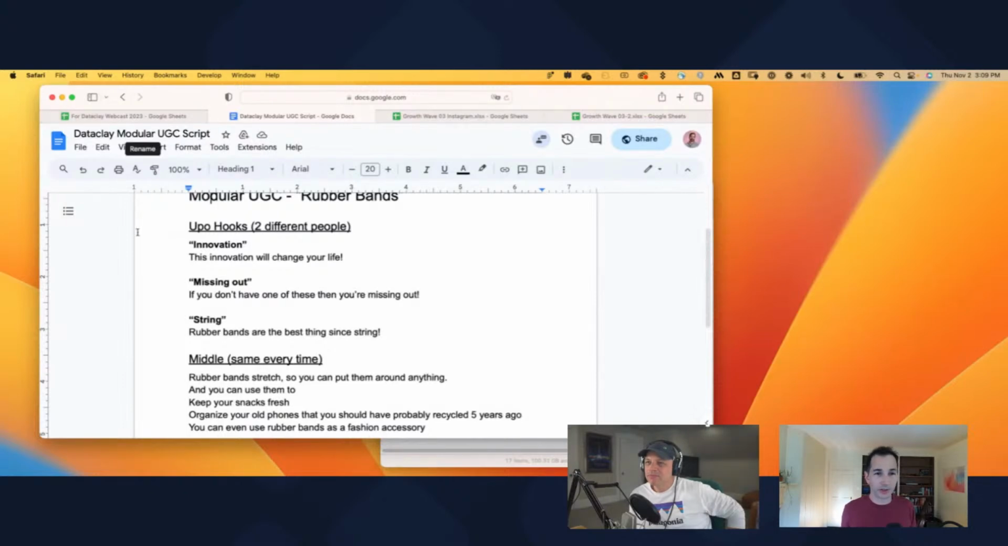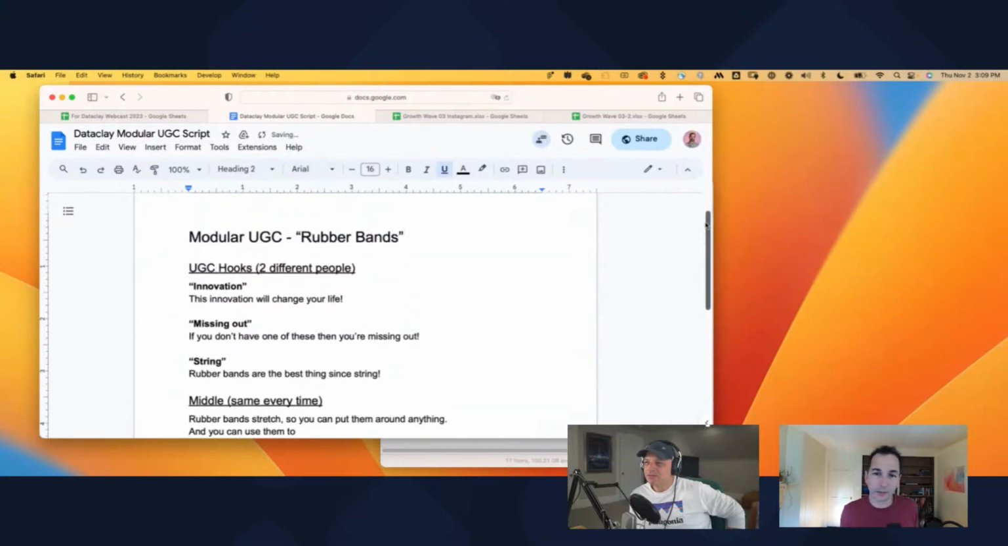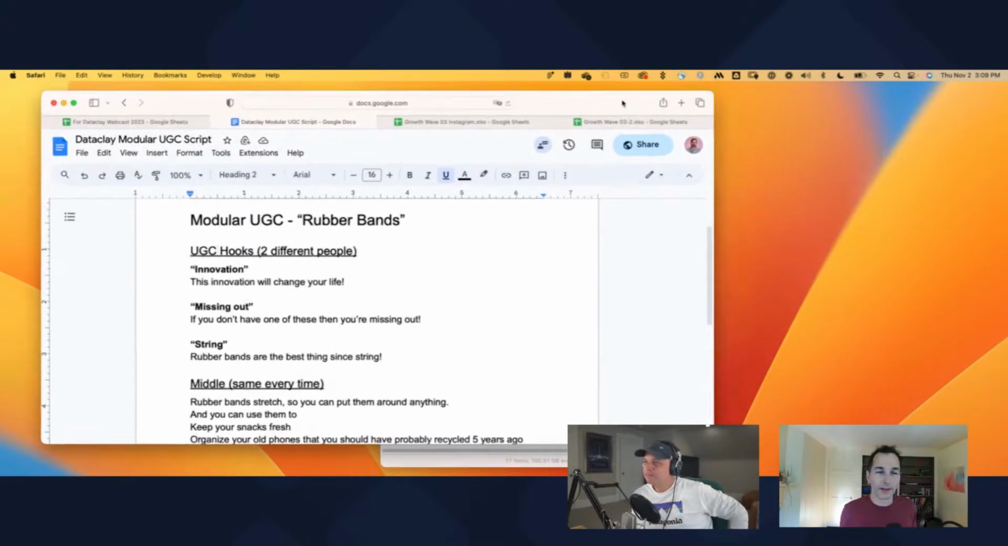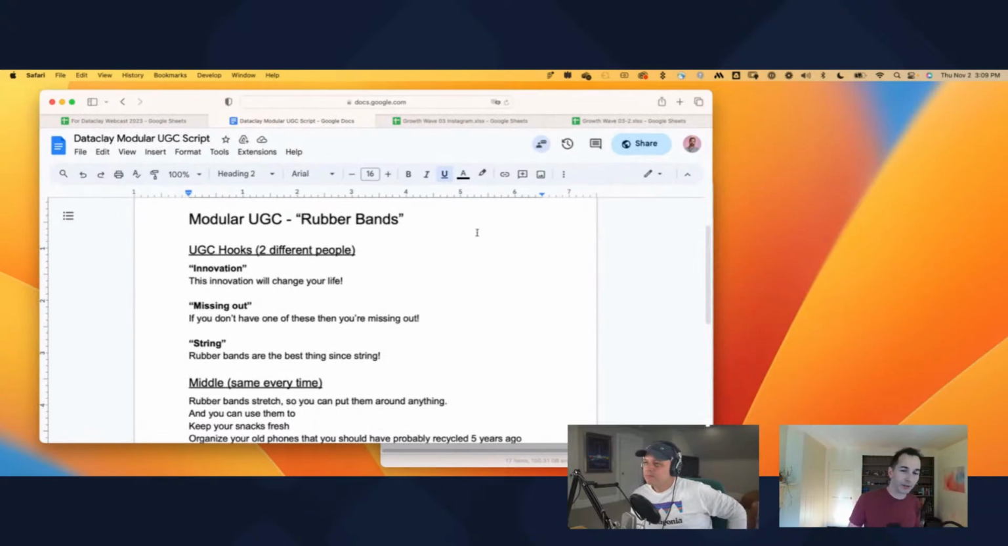One of those things is creating modular UGC, which is user generated content, which I think we're all familiar with. People are shooting stuff on their phones. They're making stuff for brands. What we do at BMG 360 is growth marketing. We create ads that we can post on Facebook, TikTok,